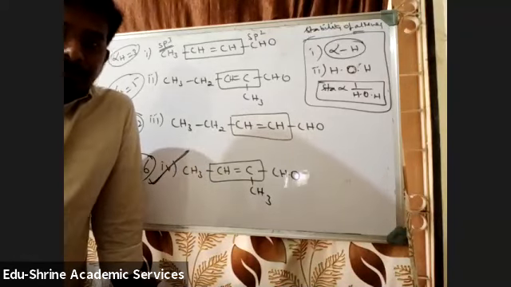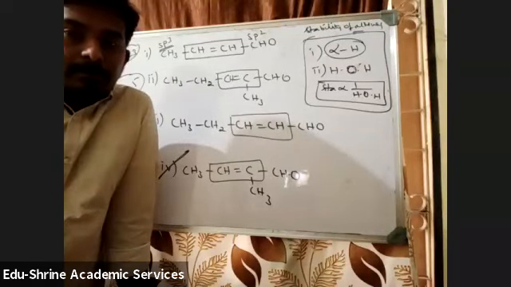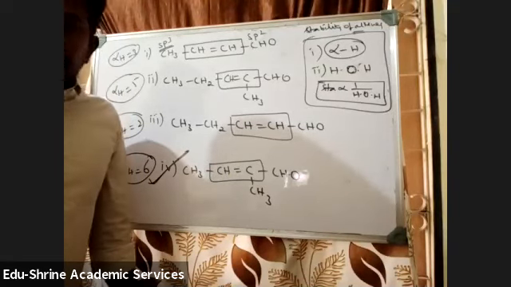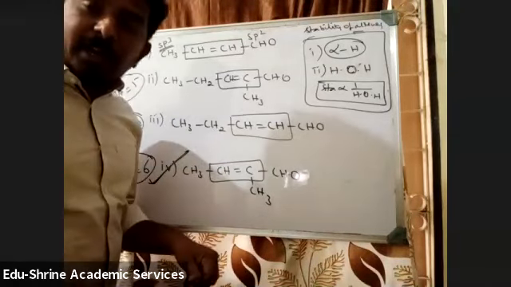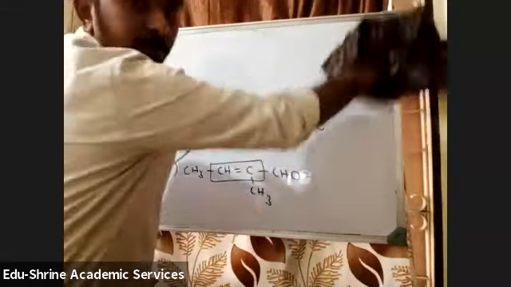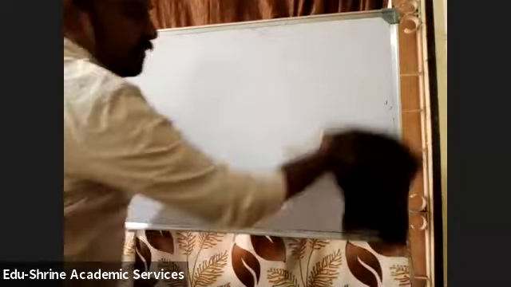Now understood, students, how to write the products? Or do you need one more example? One more example, let us write. Let us take one aldehyde and one ketone. Here we have taken both aldehydes. Let us take one aldehyde and one ketone, and let us try to write the 4 products formed. The reaction between acetaldehyde and acetone, you write, students.